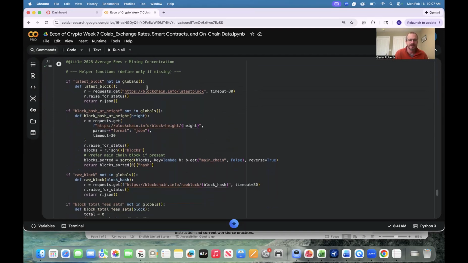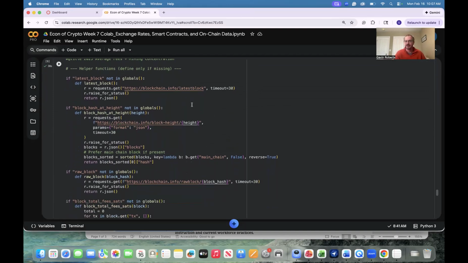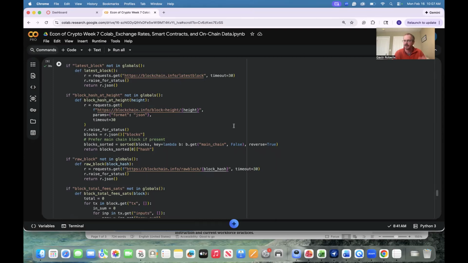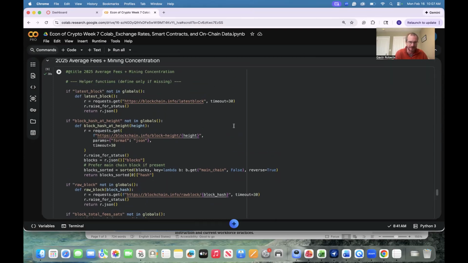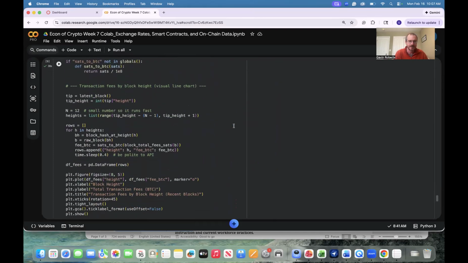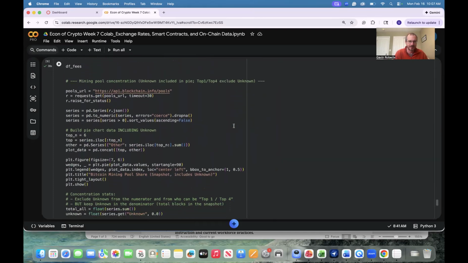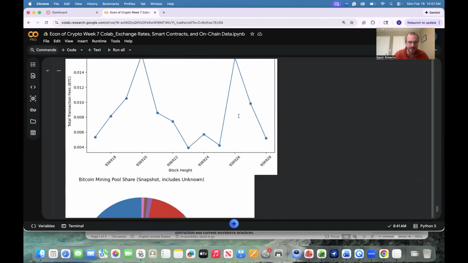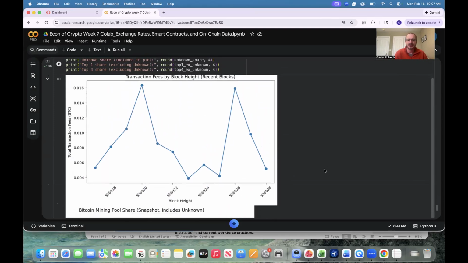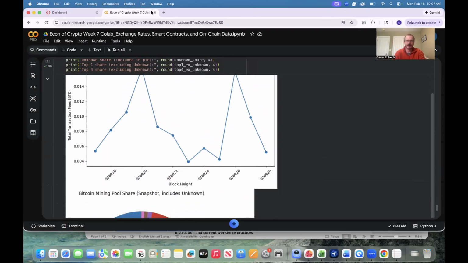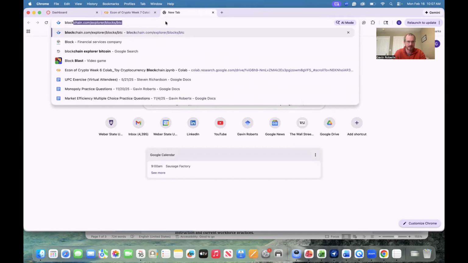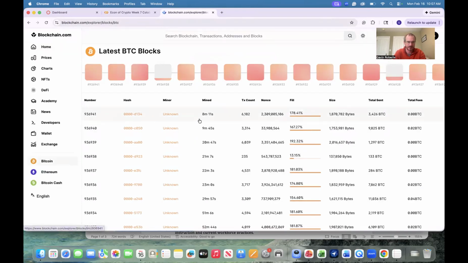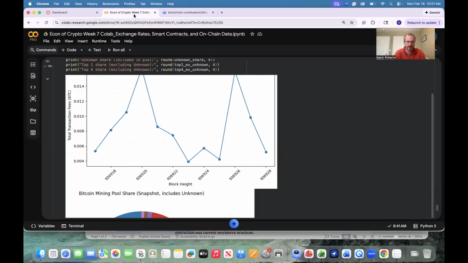So we can do a similar thing. We can go to this blockchain info. This is like connecting to an API, kind of like above. It's a little bit more complicated, so you don't have to be super worried about this code, but I might have you look at things like different block heights. Basically, we can see right here 936, 914, 936, and 928. So these are pretty recent block heights on the blockchain.